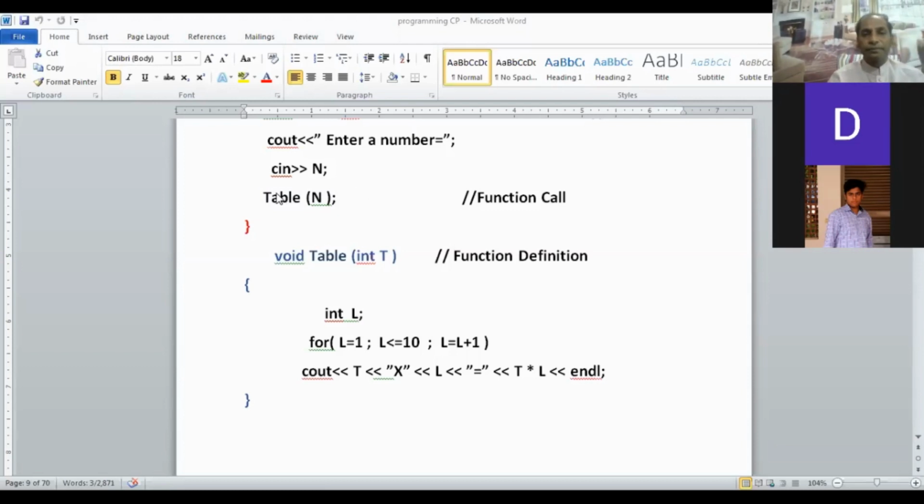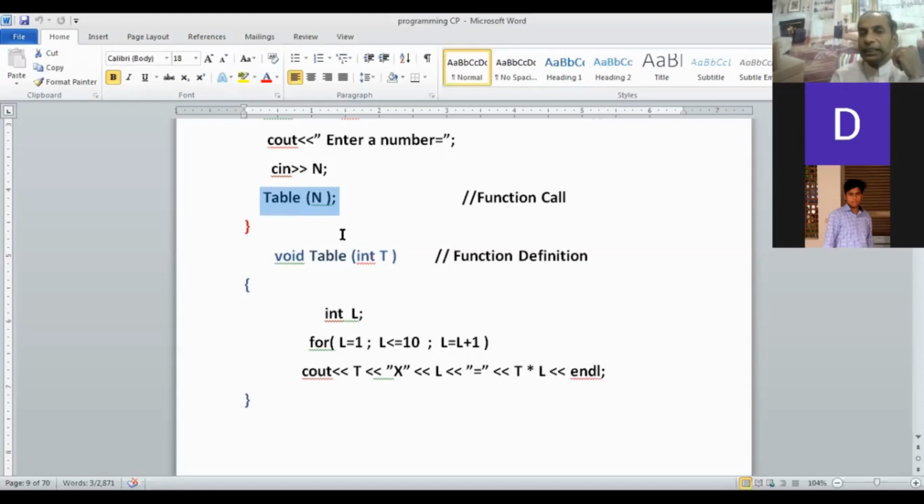When the function call statement is executed, the control of execution will be shifted to the function definition of the function named table. The arguments you have provided will be mapped with the function header in the function definition.